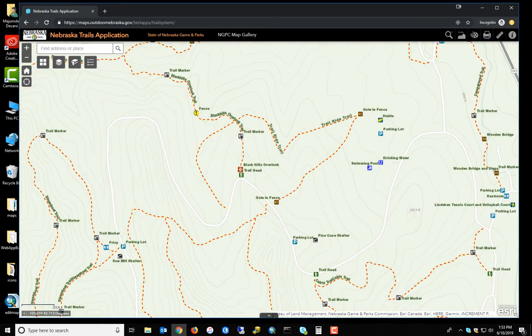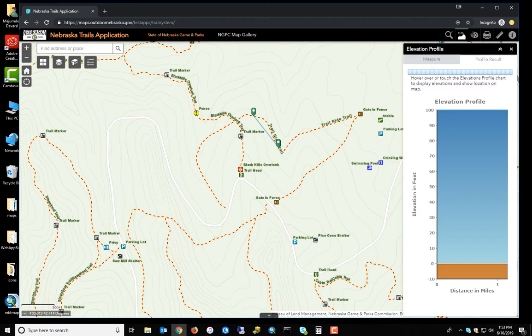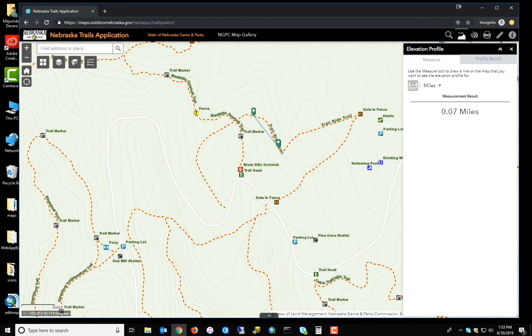and I'd like to find out how deep and how high the elevation is between 2 points, between this trailhead, I first go to the elevation profile, and the default is miles, but you have the option of changing the different measurement options. Once you click on the measurement tool,